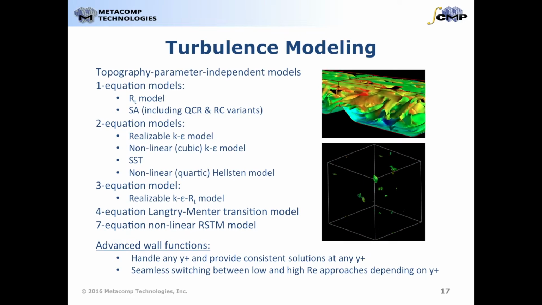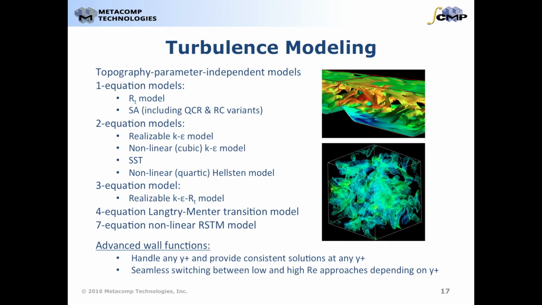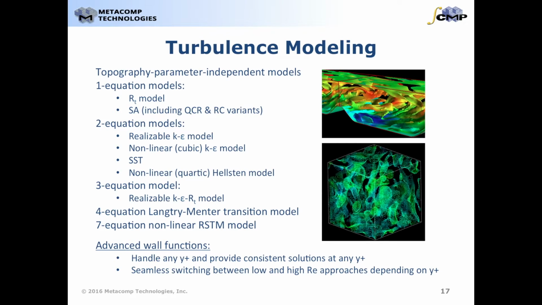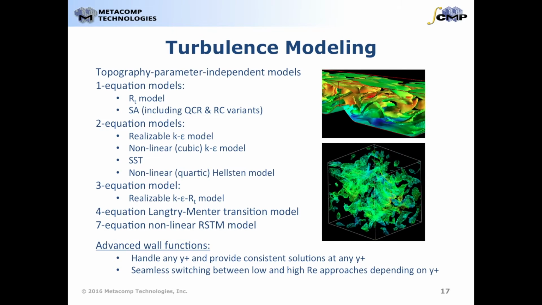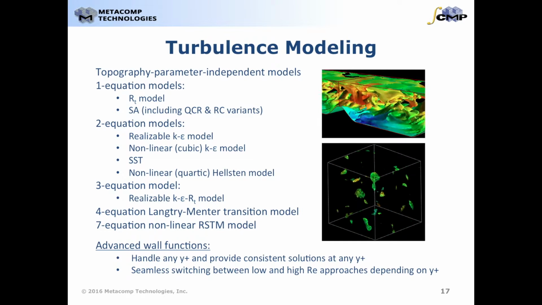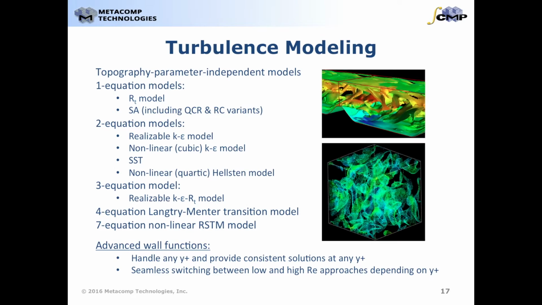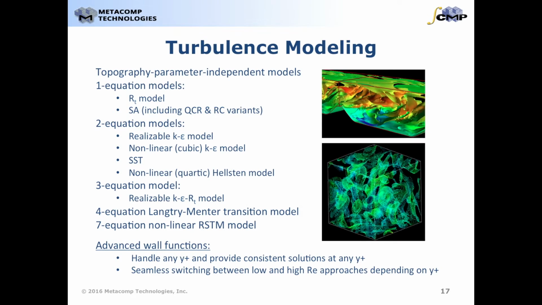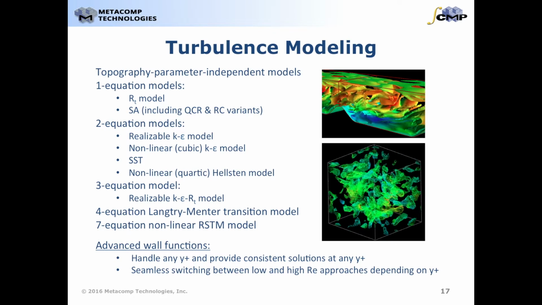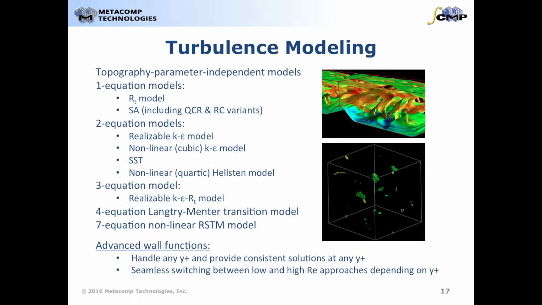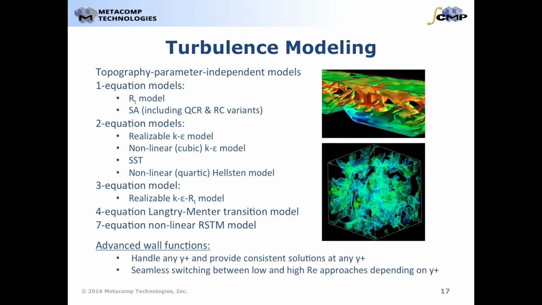The RT and SA one-equation models are available, including the QCR and RC variants of the SA model. In two-equation models, several models are available in CFD++, including the realizable K-epsilon model, the nonlinear cubic K-epsilon model, the SST model, and the nonlinear Helston model. The three-equation realizable K-epsilon RT model, the four-equation Langtry-Menter transition model, and the seven-equation nonlinear RSTM model are all included